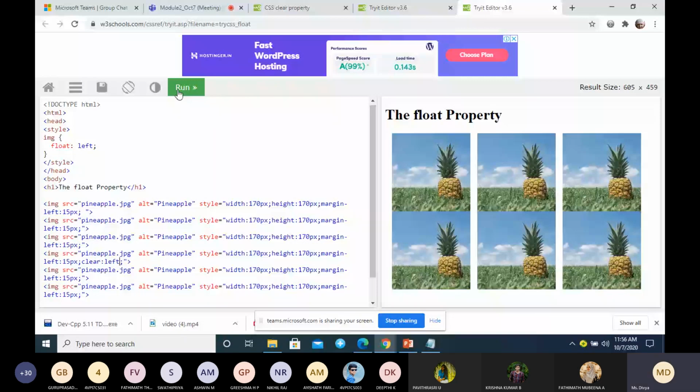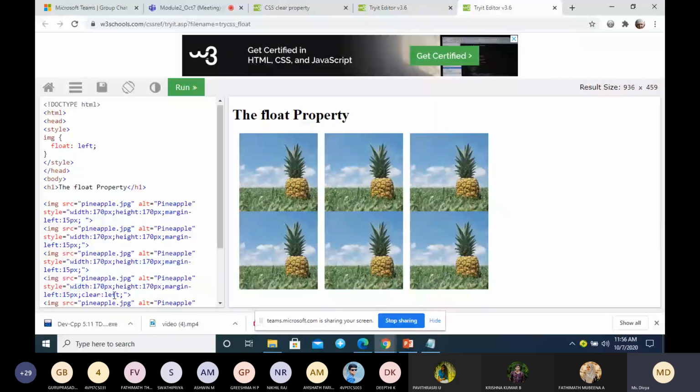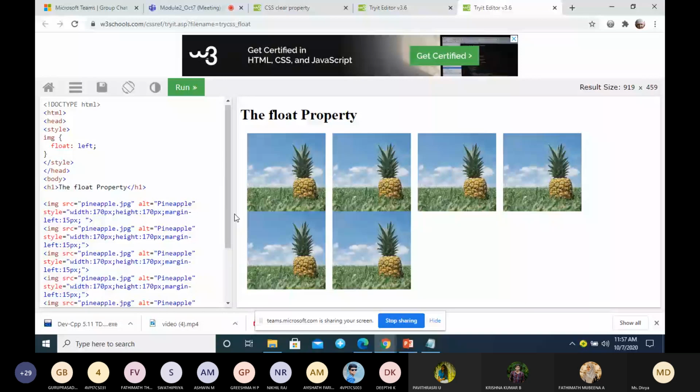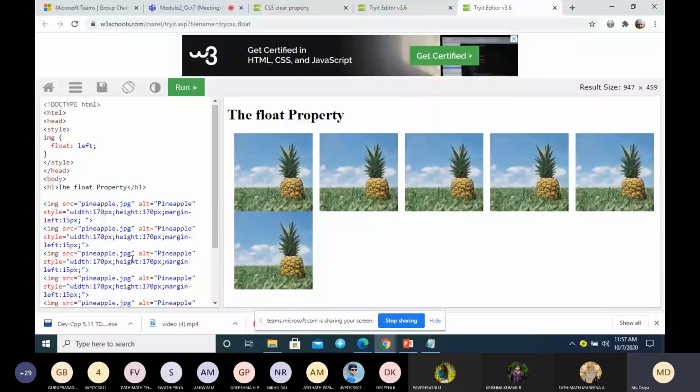So here for the third image we have given clear left. I'm resizing the screen. By default, in the previous case, what happens if you don't give clear left here? This image will get fitted here, right? Because we have space here, this image will move to the top, and similarly another image will come and fit here. But suppose for the third image, if we give